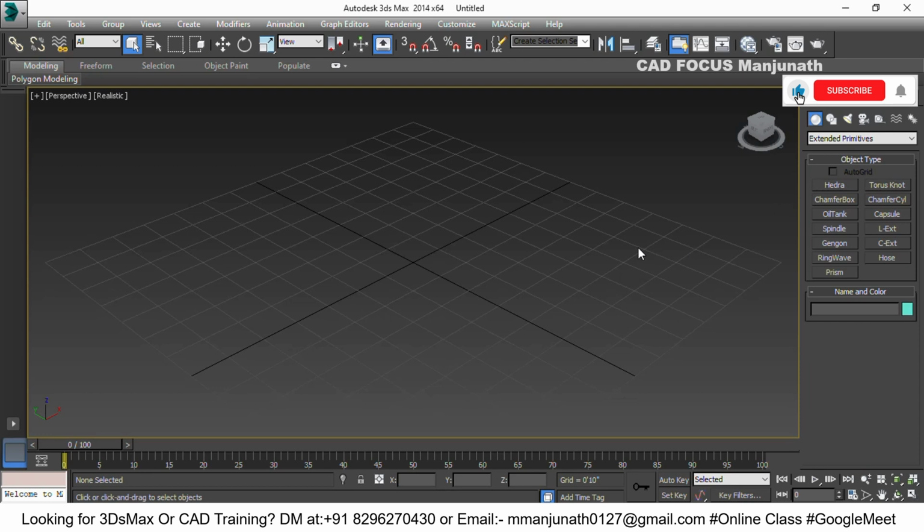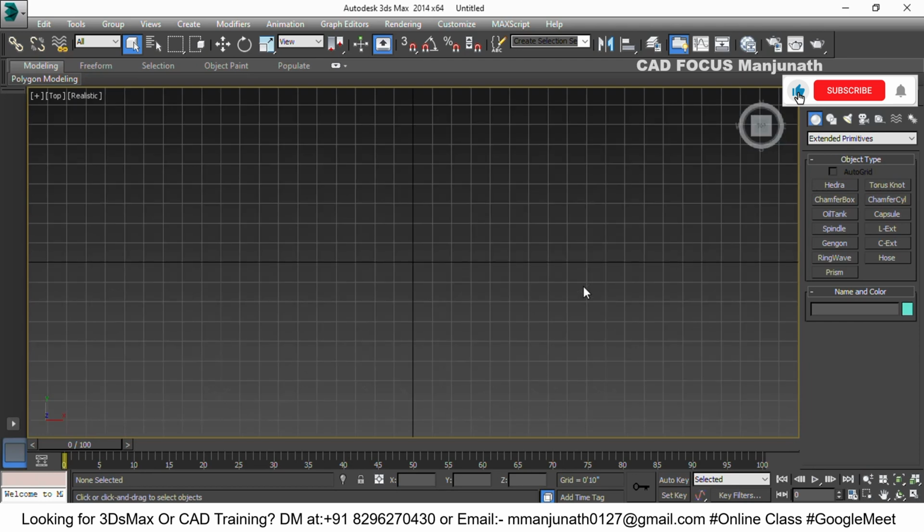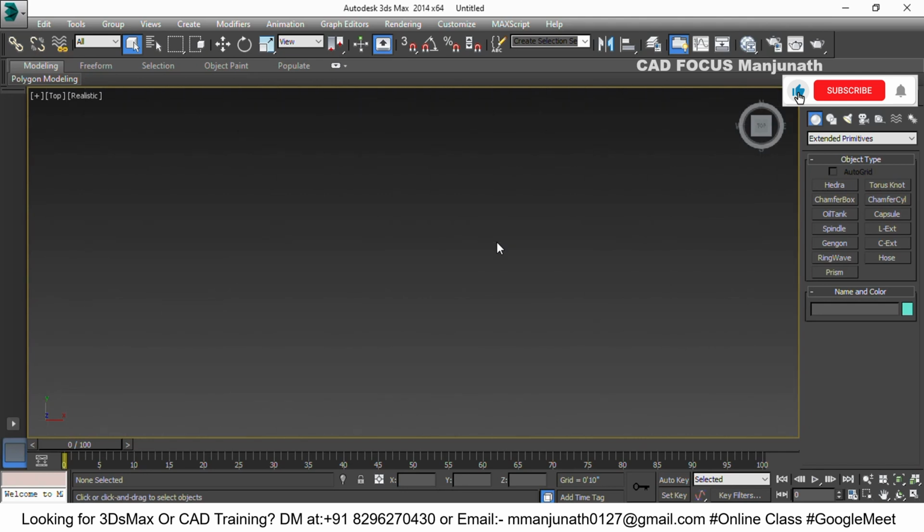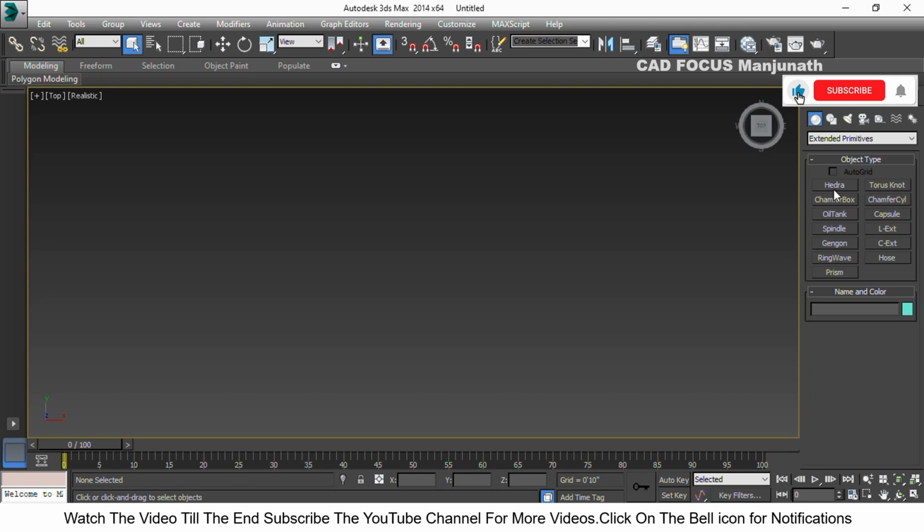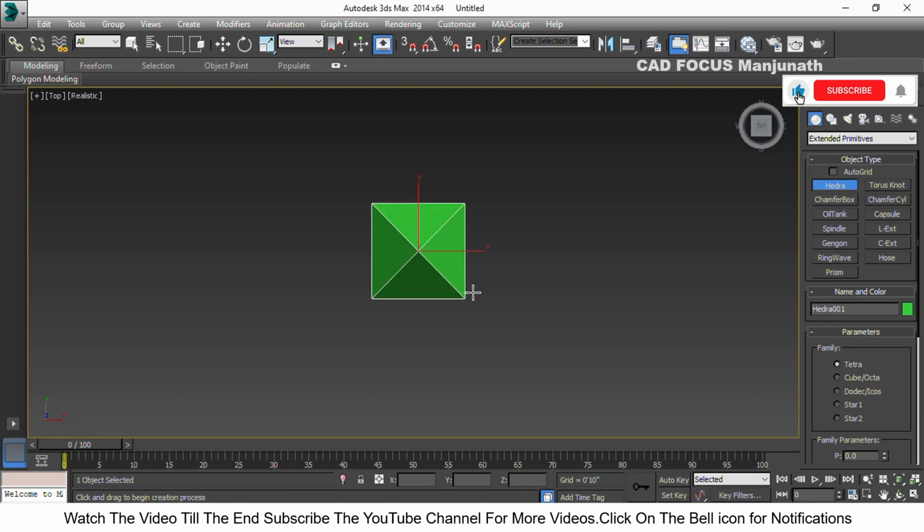First we'll select the top view. If you want the grid you can keep it, otherwise you can turn off the grid. The shortcut is G. You can check out the previous videos for shortcut keys. Next we'll start with the hedra shape. Click on the hedra shape and just click and drag on the screen. We'll get a shape like this and go to